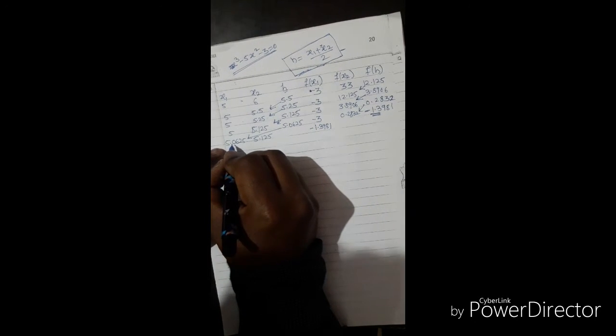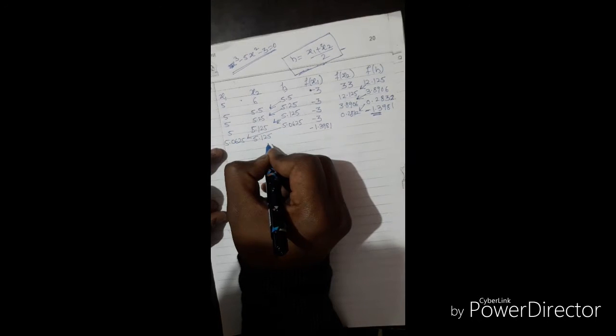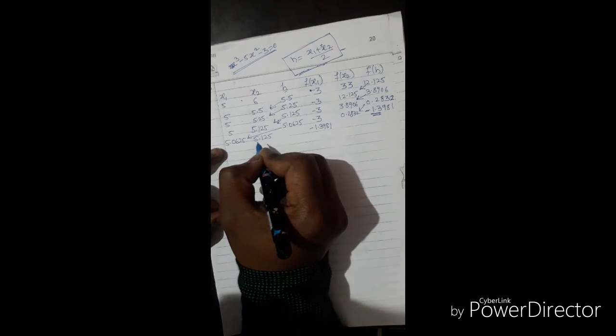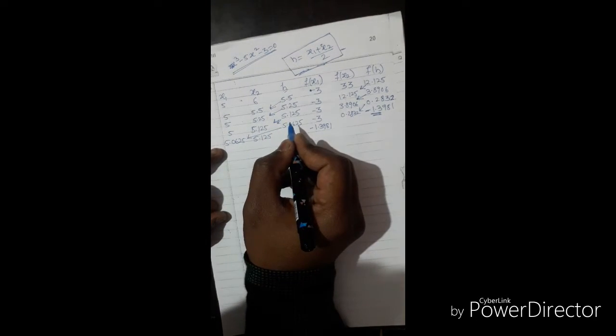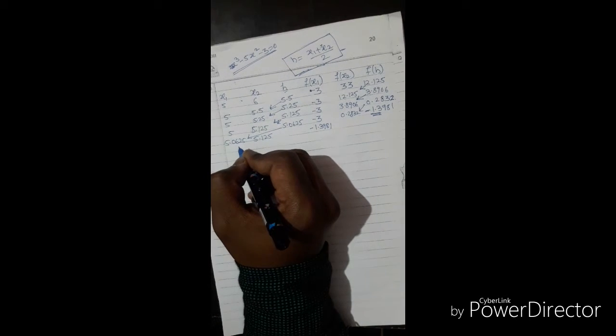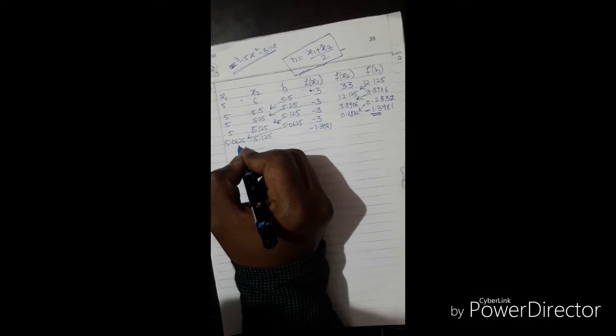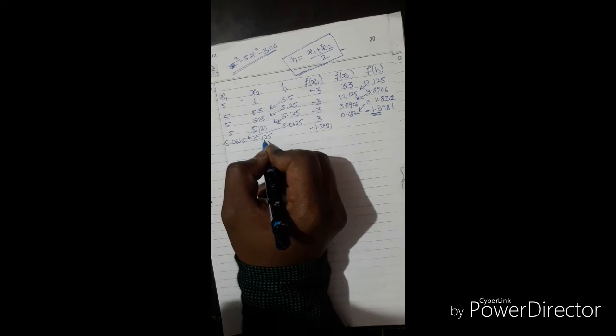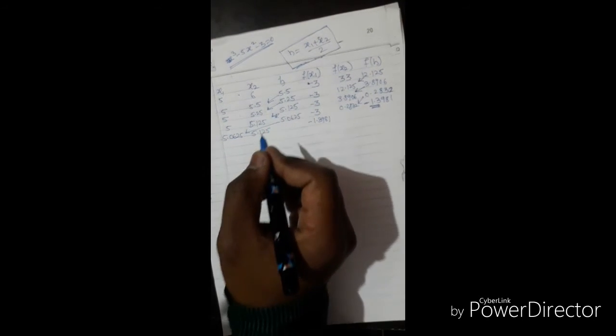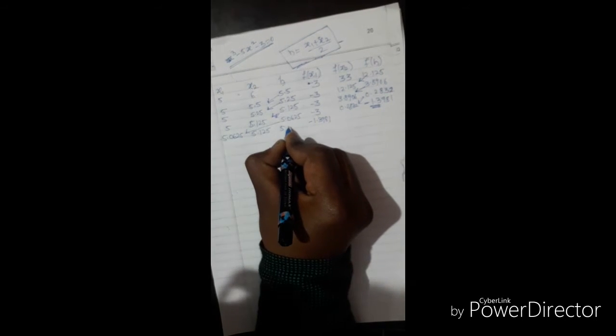So now we have to find h: (x1 + x2) divided by 2 is equal to our h. So (5.0625 + 5.125) divided by 2 is the value of